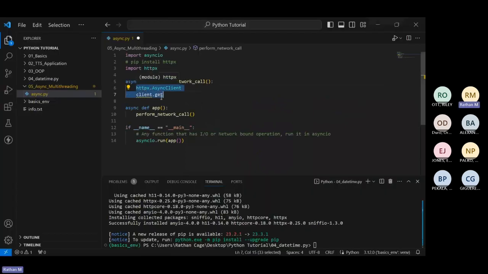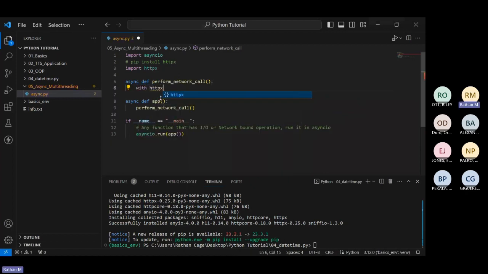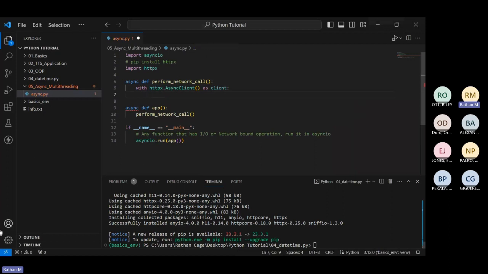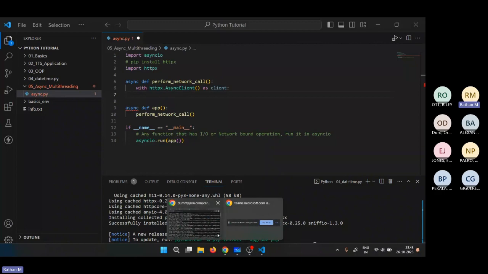Right. So let's start here with HTTPX dot AsyncClient as client. Again, I understand that these are new. The moment we start working into this, it's all new, but just note a few